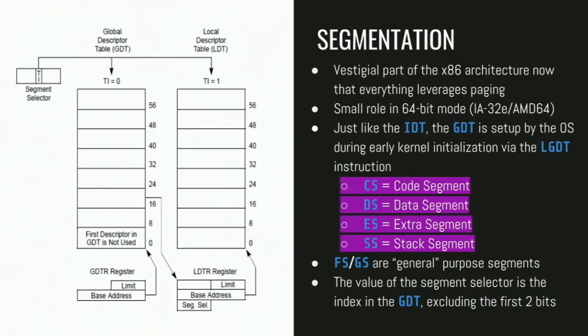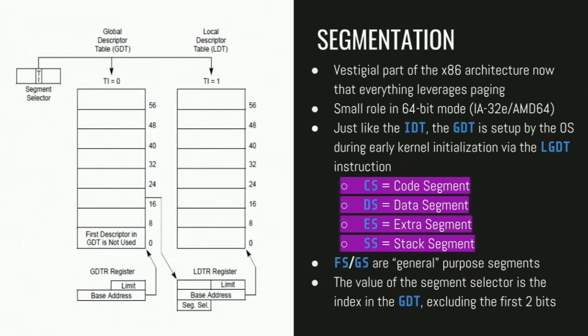To really understand how segmentation works, it's complicated. It's not really necessary for 64-bit mode. It's kind of a vestigial part of the x86 architecture. The reason I bring it up is because there are going to be callouts to certain segment selectors that you need to be aware of. For example, the CS is the code segment that gets placed onto the stack by the CPU when the int1 fires. Then there's the stack segment selector, SS, which is the mov SS and pop SS part.